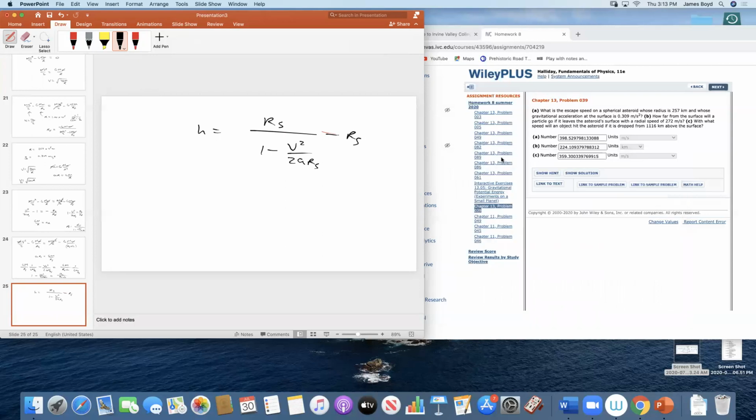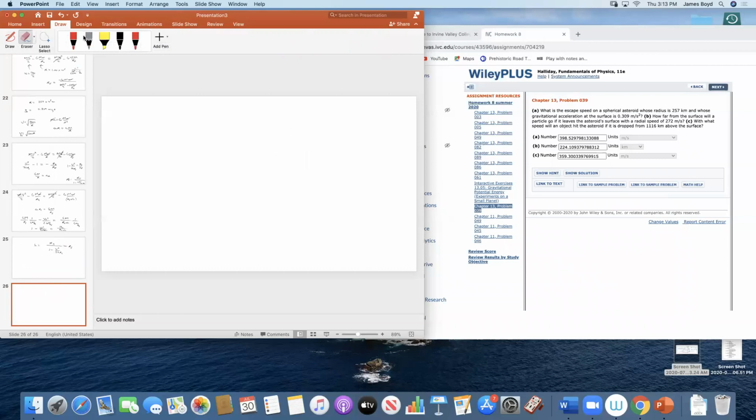The last thing that I want to leave you with is part C of this problem. With what speed will an object hit the asteroid if it's dropped, assumingly from rest, 1,116 kilometers above the surface? Now,